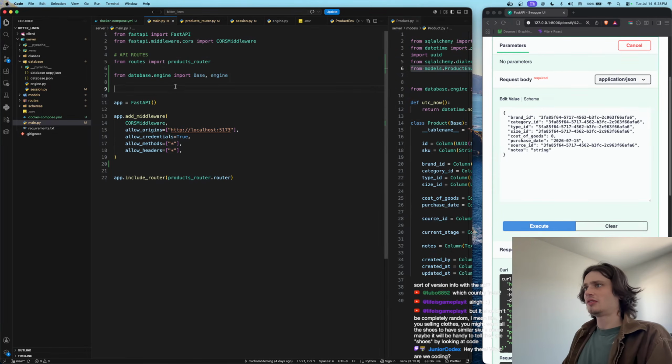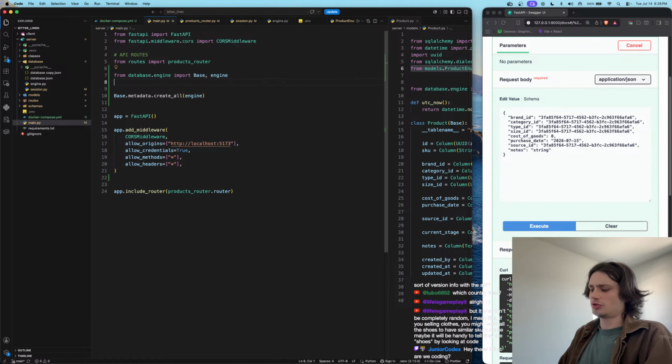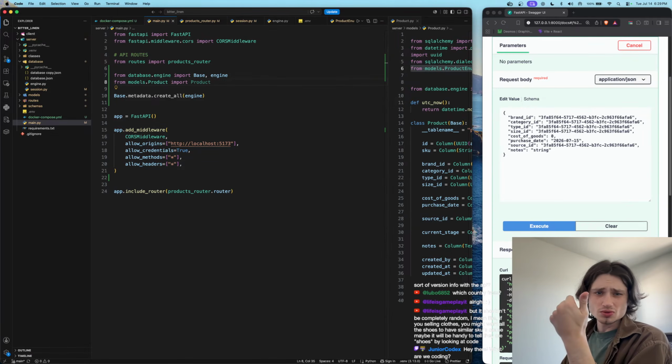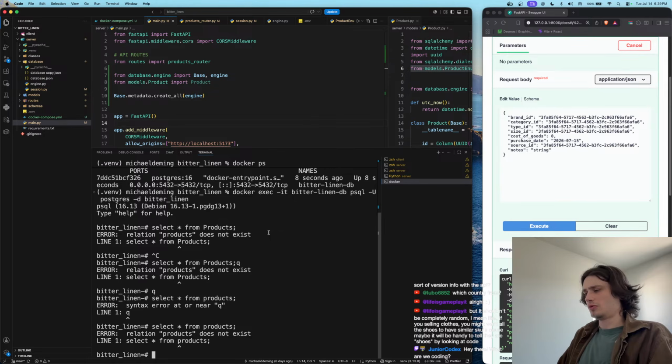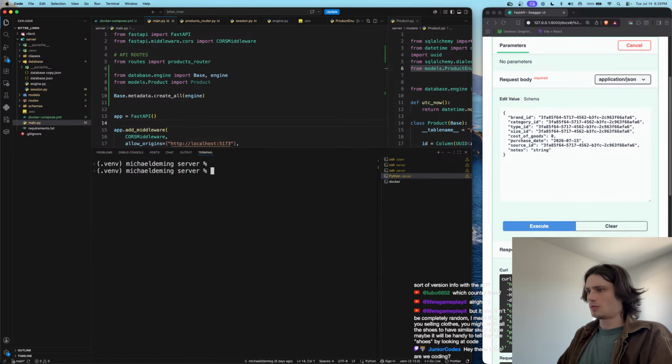Okay, so you actually can take this and throw this up here, but you also import Product, so it knows about them from imports, I guess. So you do from models.product import Product. I guess so it just knows, right? So if we were to restart the server here,